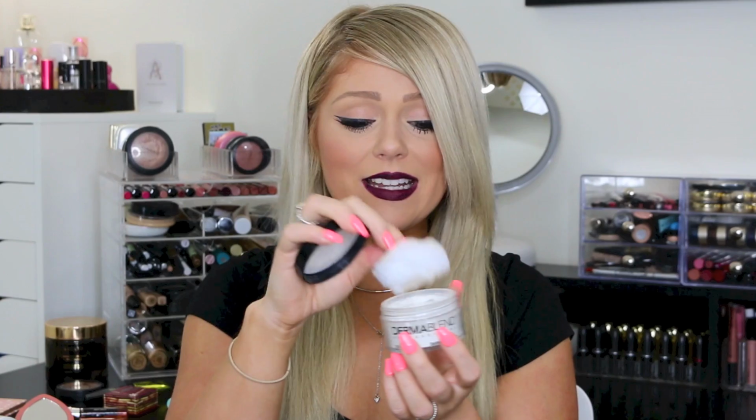I just have been loving using this, and I also love this one specifically because this is the cleanest loose setting powder I've ever tried. It comes with this little puff inside of it, which is amazing, and literally no product comes out of these sifters if this is on there. And it's very, very mess free, which is great, and very clean, because I just hate when you get loose powders like this and then it explodes everywhere and you're like, okay, well, there's half of the